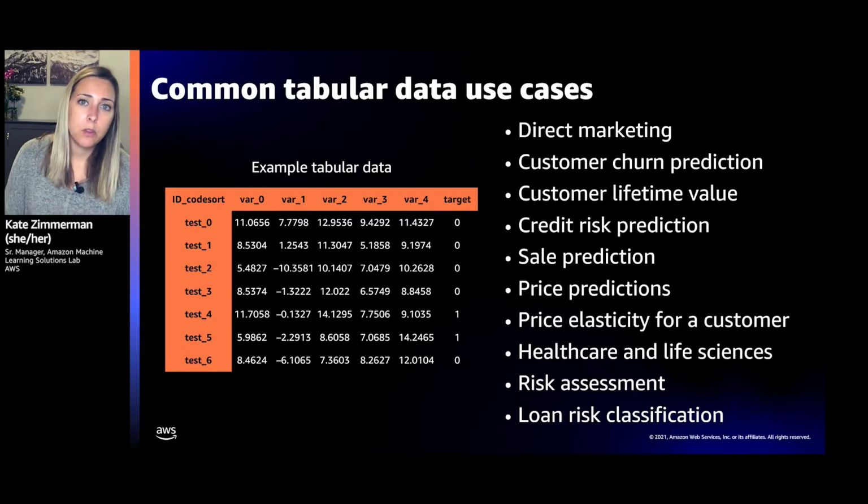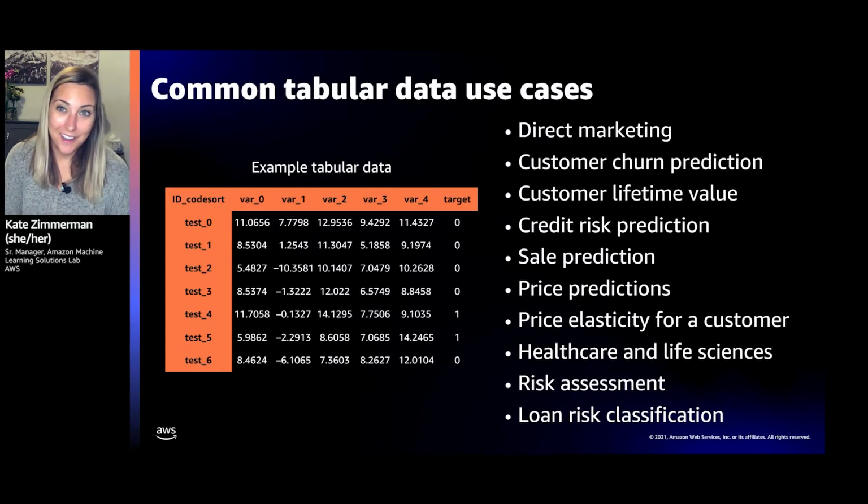We're looking at different tabular data as well as risk assessment and loan risk classification. And I'm actually talking about a use case a little bit later, again, space background, about how we were able to apply this to detect illegal drug trafficking in the ocean through tabular data and Autopilot. Stay tuned on that one.